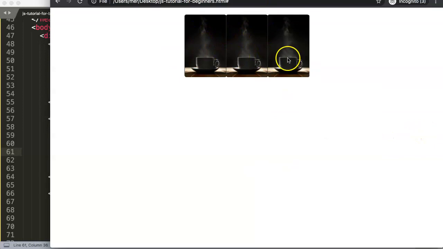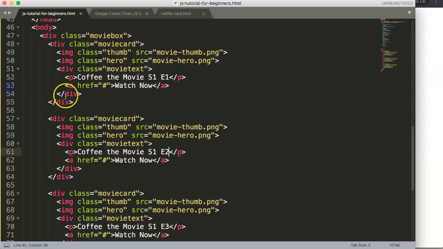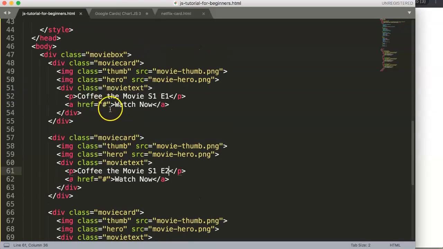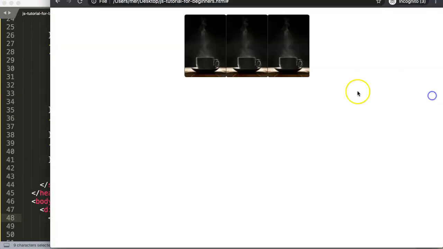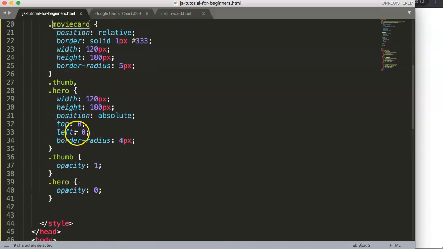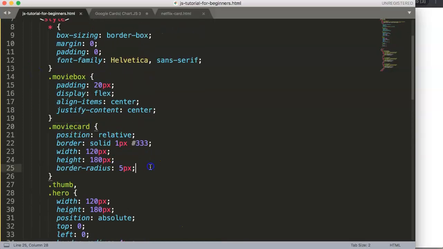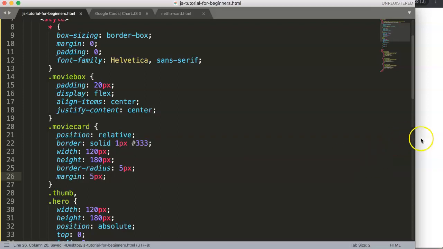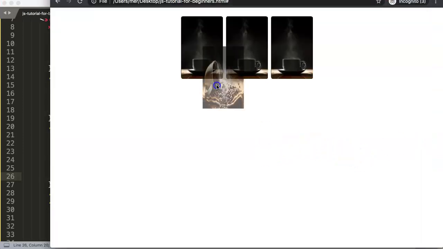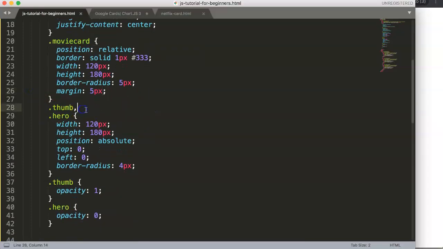What we have to do here is put some margin around this here. So we have here some margin. So let's see where we can put the margin. The margin should be on the movie card, and more specifically, if possible, margin right. You can do margin everywhere. That would be fine as well. So we say on the movie card, margin, let's say 5 pixels. More than enough. There you are. So we have these cards here. All right. So what we want to do now is basically create the following part, which is in the